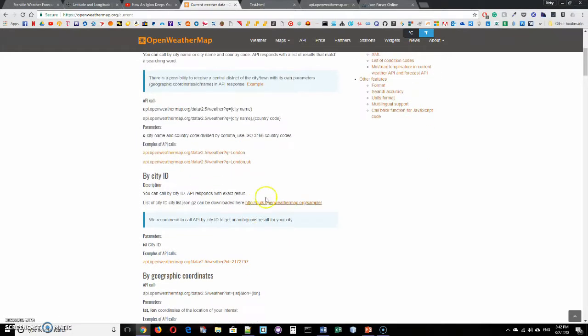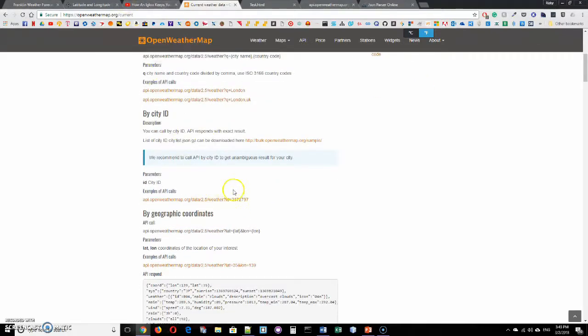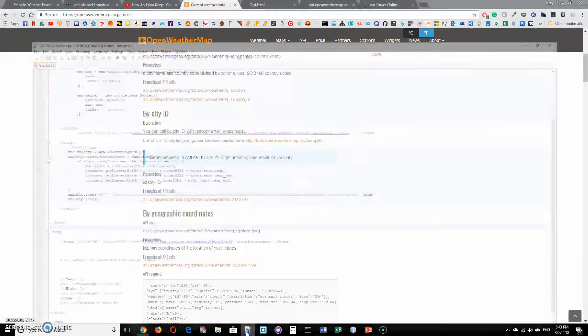And since I think there's more than one Las Vegas in the world, I think there's one in Mexico, and of course one in Nevada here in the US, I decided to put a city ID in my code. So I downloaded a file over here, and then I looked up Las Vegas in Nevada, US, and I found the unique ID for Las Vegas. So I put that unique ID over here,